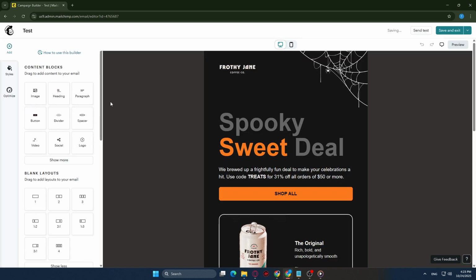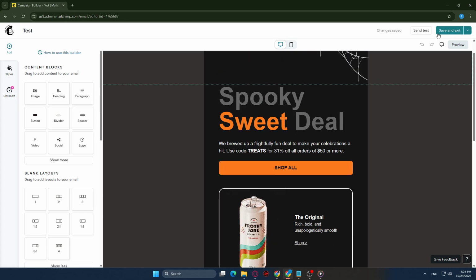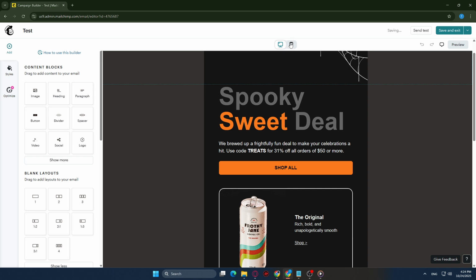Once you're happy with your design, you'll proceed to the settings stage where you'll fill in details like your email subject line. Make it catchy, as it's the first thing your recipients will see, your from name and your email address. Carefully review all the options, such as tracking and social share buttons, and adjust them according to your preferences. Finally, before sending, make sure to preview your campaign to see how it looks on different devices. Mailchimp allows you to send a test email to yourself or colleagues too, ensuring everything is perfect before hitting the